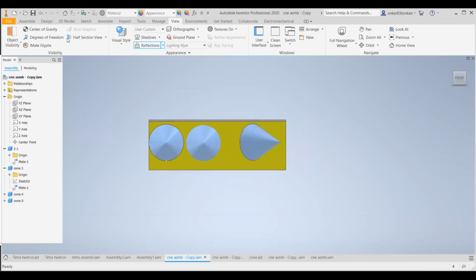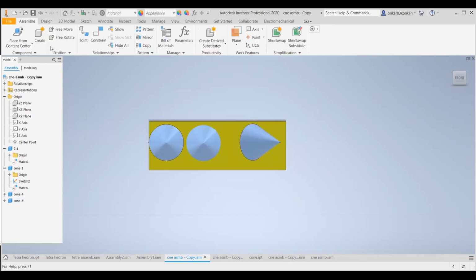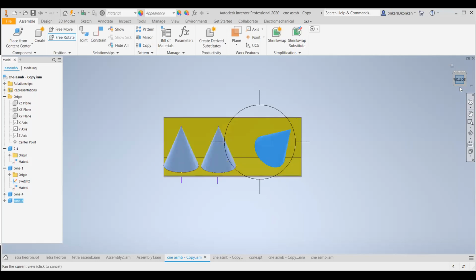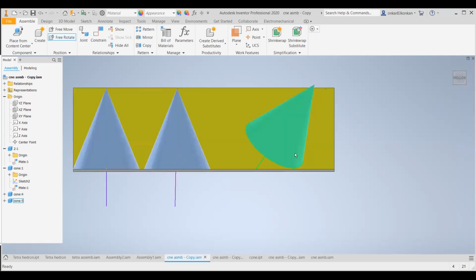So you can observe here the change. If you want to make the apex nearer to the observer, rotate this in this direction. So now the apex is nearer to the observer. That means this is the position of the observer, and if you observe from the front direction, then the base is not visible to the observer.